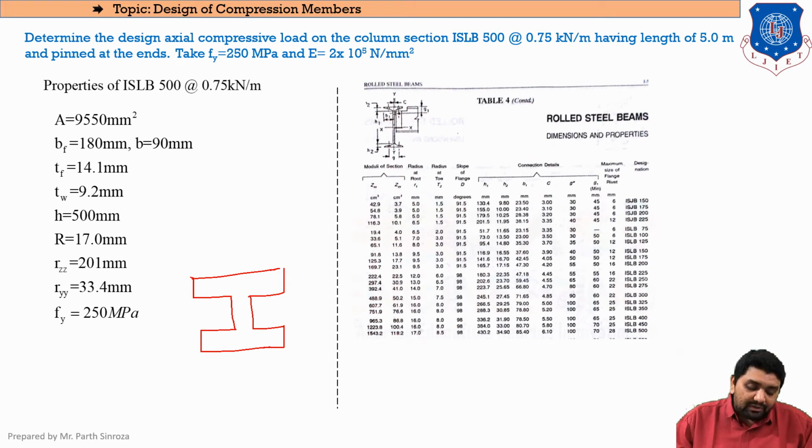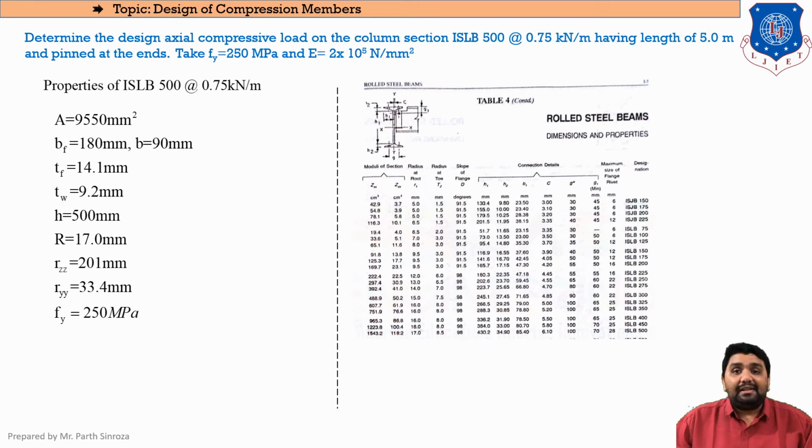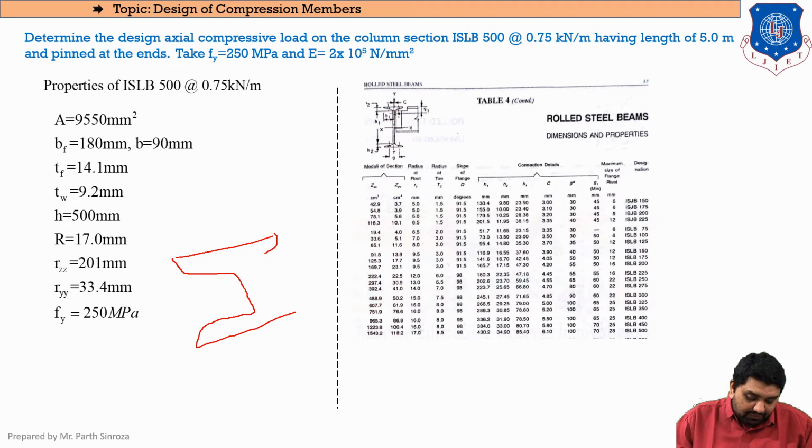So we won't be using this welded section. As per our IS code, we will always be using a rolled section. A rolled section will be somewhat of this I shape. A rolled section is made of only one material, and it is formed by heating the material. Clear? So from a single homogeneous unit we create an I section, whereas in the previous welded section, three individual units were combined to form an I section.